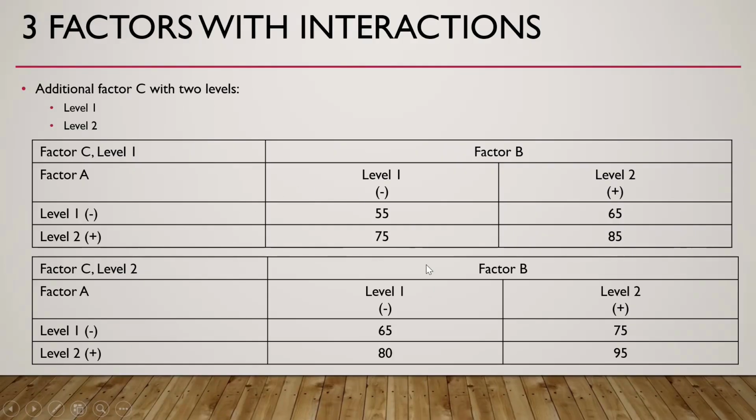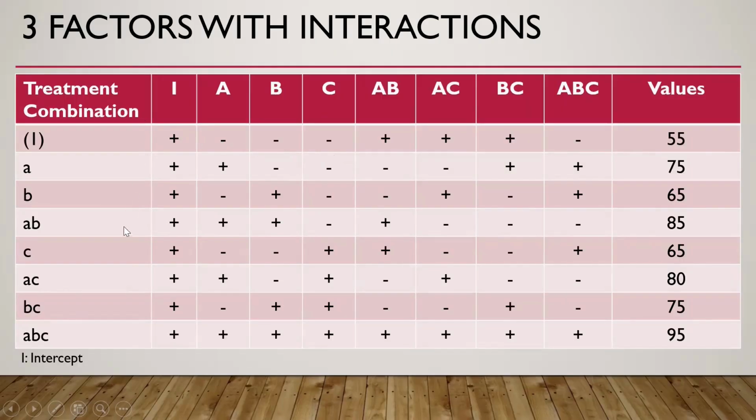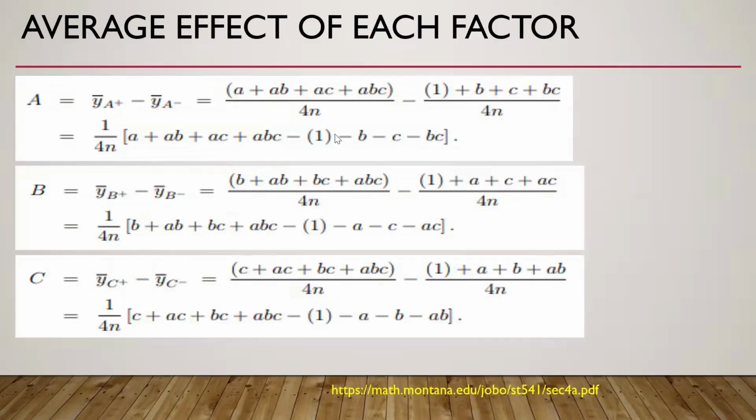So this is how we write the table for three-factor factorial design. This is the Yates nomenclature. So this is easier to write. So we have the intercept, we have A, B, interaction between A, B, C alone, interaction between A and C, interaction between B and C, and interaction between A, B, C. So this is how we write plus and minus here, and these are the values. So I request all of you to do manual calculations as I have shown you in my previous example.